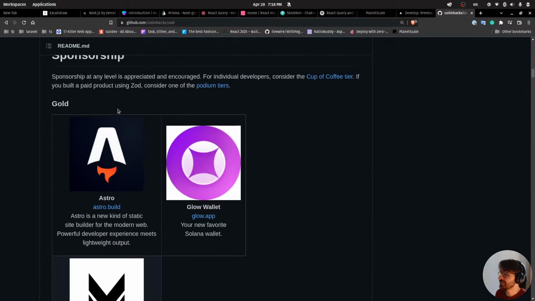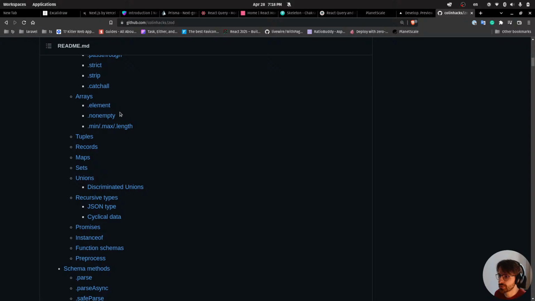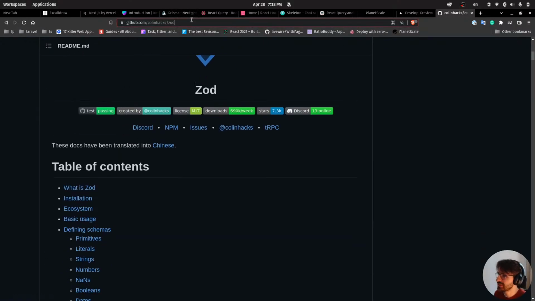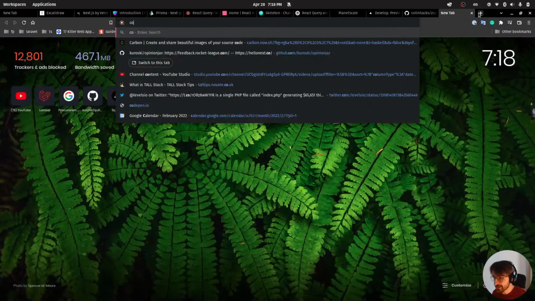I know that they have integrations with Prisma, so probably we will try them out later in the project. If you want to know a bit more about this kind of library, I wrote an article